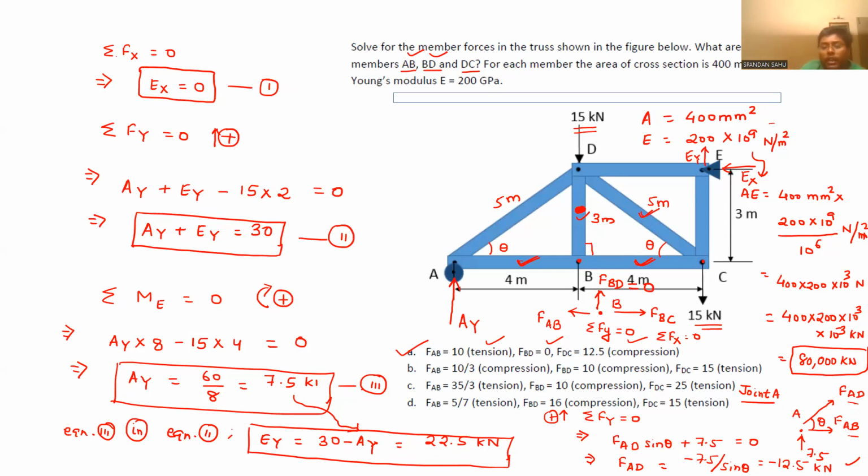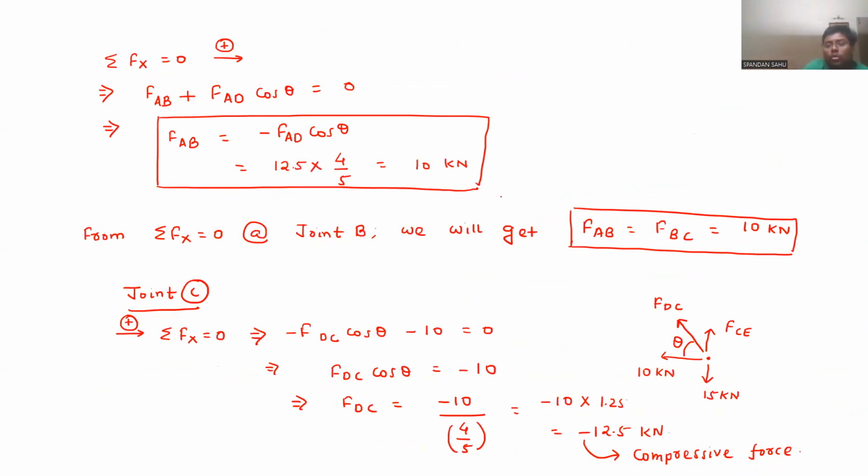So now we are only left with these two, member force in member ED, and EC. So we can draw the FBD for joint E and calculate those two remaining member forces. So joint E is like this,